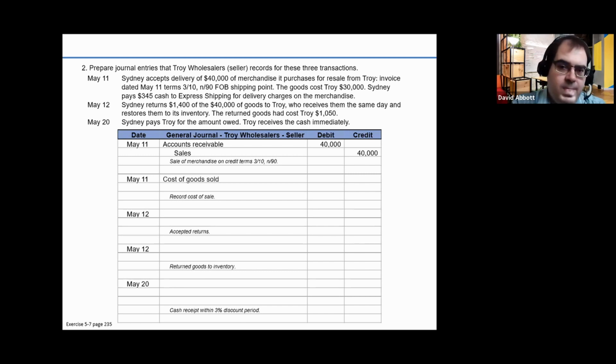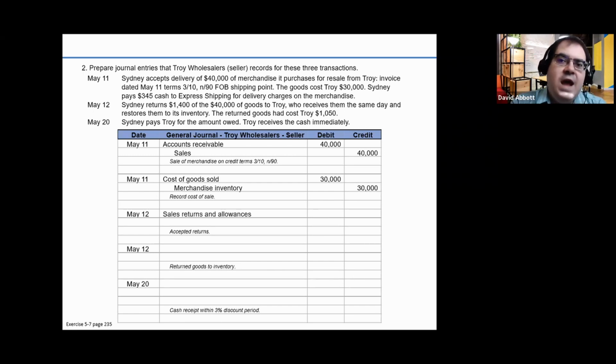Also on the 11th, we have to record the cost of the goods that we sold. So we have cost of goods sold debit for $30,000 because it actually cost us $30,000 for the merchandise. We sold it for $40,000, but it cost us $30,000. So we'll debit that cost of goods sold, and then we credit merchandise inventory $30,000 because we're now taking those things out of inventory because we're now sending them to